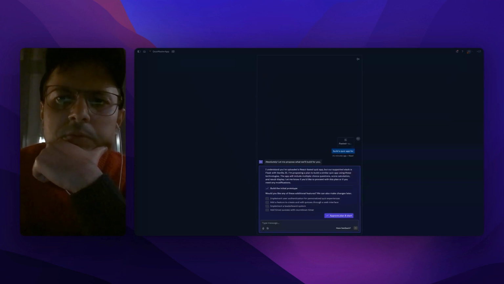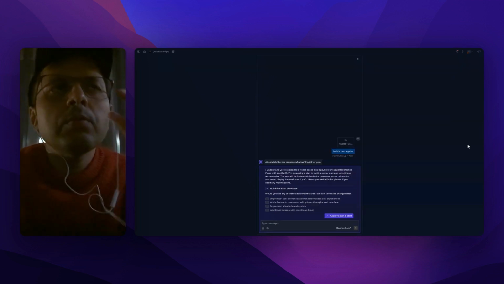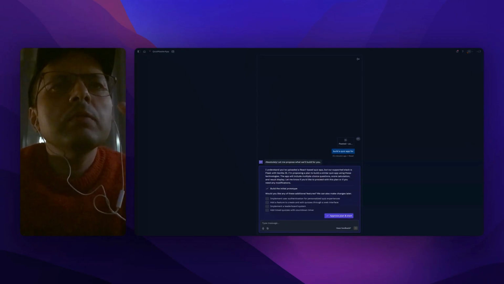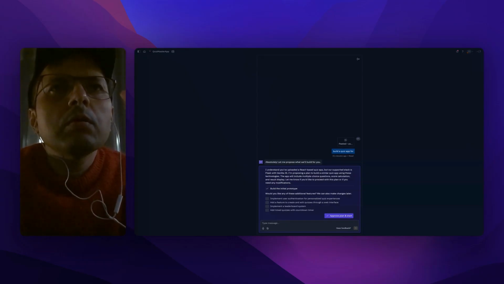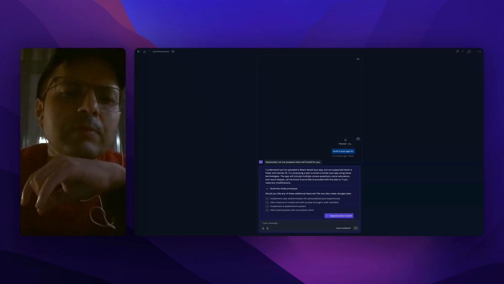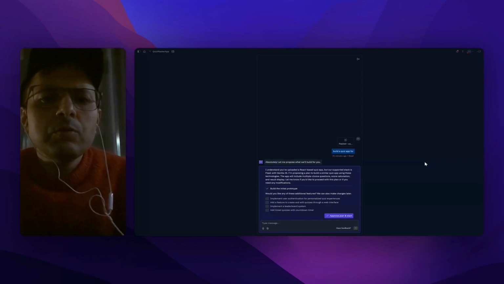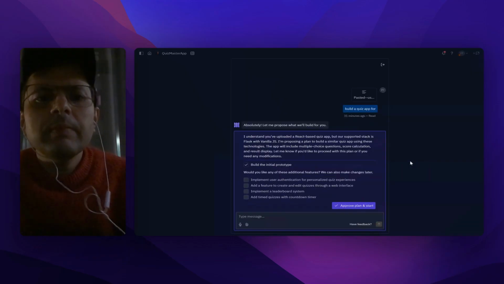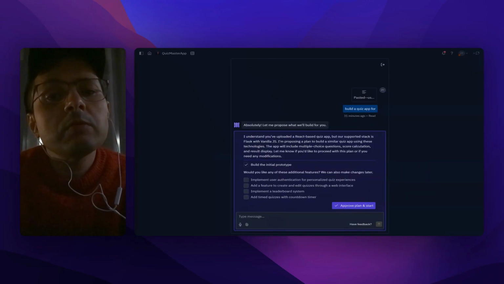Okay, so what am I trying to achieve here? I think I tried to deploy the code from V0 for the quiz generator in bolt.new, and I was able to execute and deploy that application. When I gave the same command to Replit, basically Replit says the code which was generated by V0 by Vercel